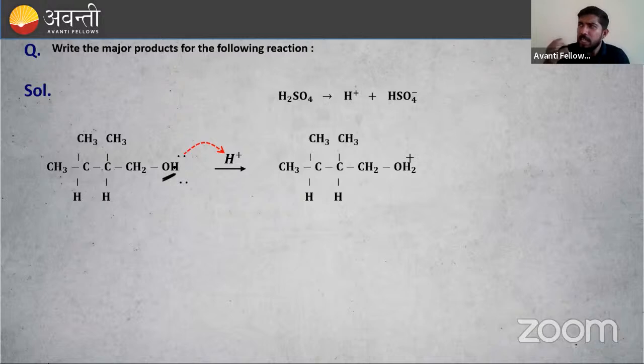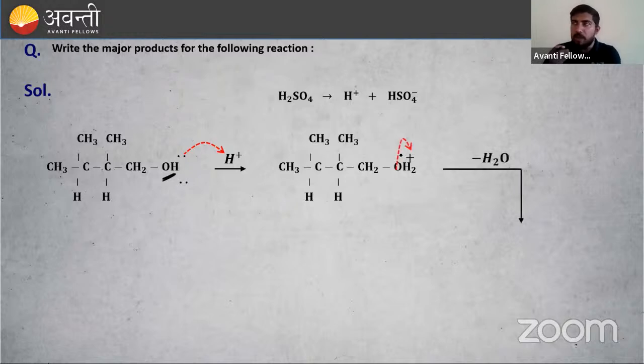Can you tell me what is the next step? There is OH2 plus, with a carbon-oxygen bond. What is the next step, JNV Palakkad students? First was protonation, so I got protonated alcohol. What is next? This carbon-oxygen bond: oxygen will take all the electrons and leave. So H2O is formed, and we have removed H2O. What about this carbon? The oxygen took all the electrons, so there will be a positive charge on that carbon. A positive charge on carbon means a carbocation is formed, right?